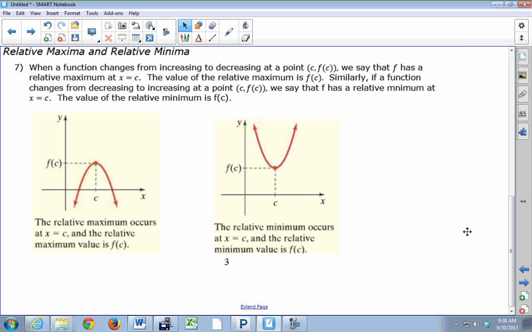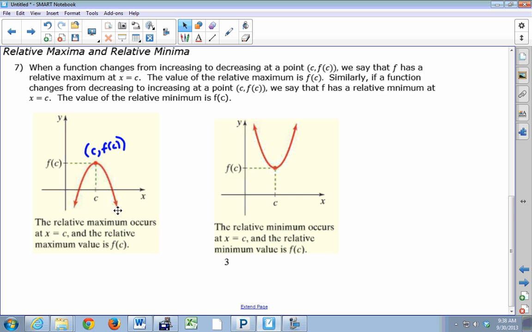Oh, I forgot, I froze this. Let me unfreeze this. Okay. Now notice it says when a function changes from increasing to decreasing at a point called c, f of c. So here's our function. I'm increasing until I get to this point right here, whose coordinates are c, f of c. And at that point, I now start